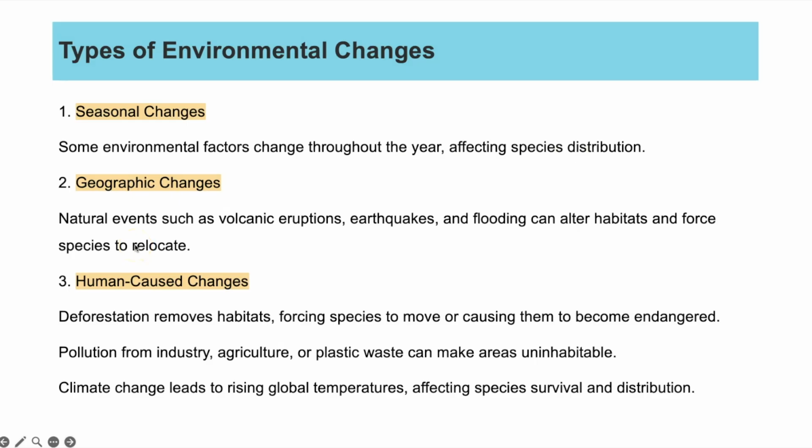We also have geographical changes. So natural events such as maybe a volcanic eruption or earthquake or even flooding can alter habitats and force species to relocate. There can also be human-caused changes, so deforestation removes habitats, and that would force species to move, or it could cause them to become endangered and at risk of going extinct in that area. It could also be pollution from industry, plastic waste, or even climate change leading to global temperature rises, affecting species